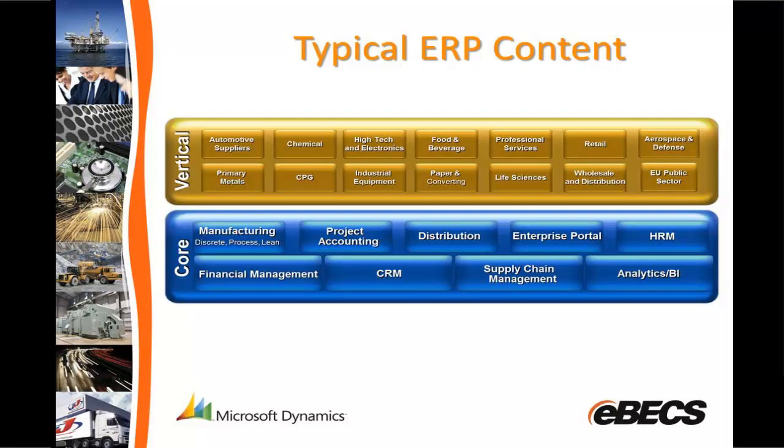A typical ERP content. I'm assuming that most of you do have an ERP solution, but sometimes people have started with something that's fairly old, and maybe the ERP solution is not as comprehensive as most are today. But if you take a look at this, you have the core in the blue, and ERP solutions will have all kinds of manufacturing process support, project accounting, distribution. There's probably some kind of an enterprise portal, an ability to get into it through the internet, HRM, payroll systems, financial management, CRM. Your whole supply chain can be inside of the ERP solution,